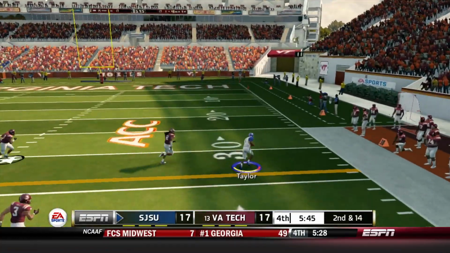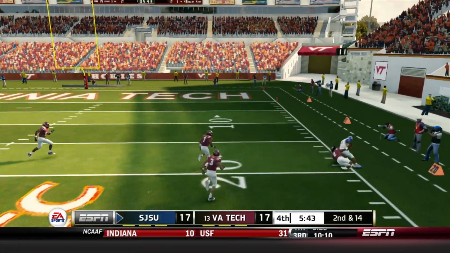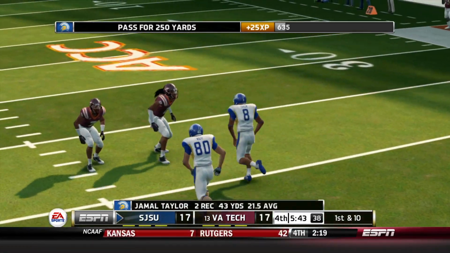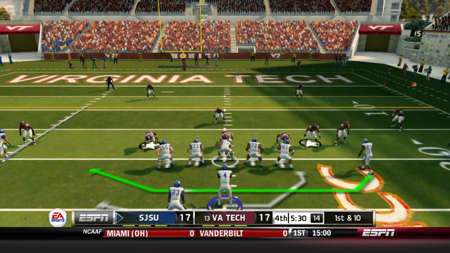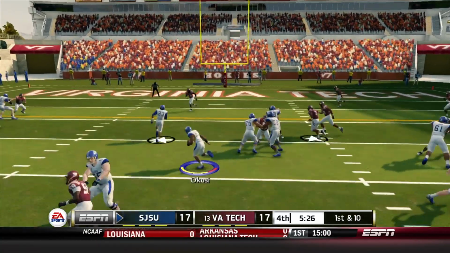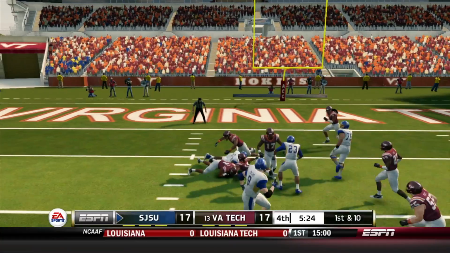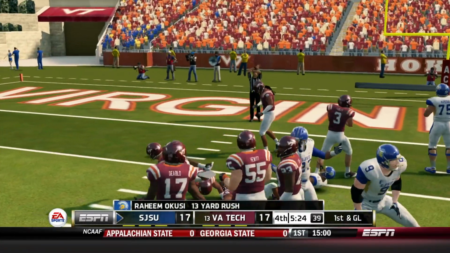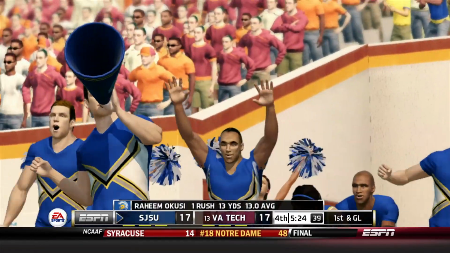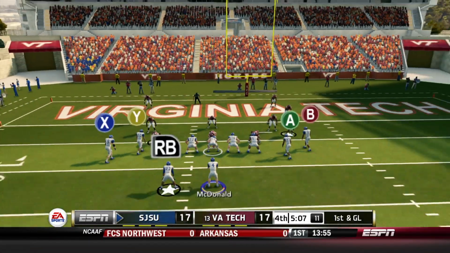So a 2nd and 14 throw, this time out to Jamal Taylor. He's picking up a lot of room down the sideline. You know he's got the speed, and that's a gain of 21, as our passing game hasn't been opened up too much because we can't really stretch the field with Drayvon Jennings out, with McDonald having the arm that he has. So on the next play, here is a jet sweep to Raheem Akusi, the red shirt freshman,